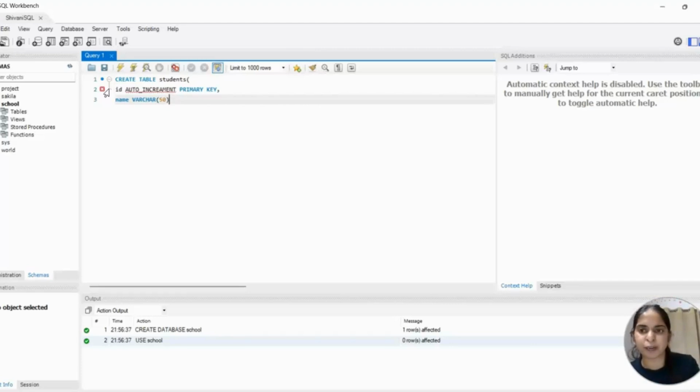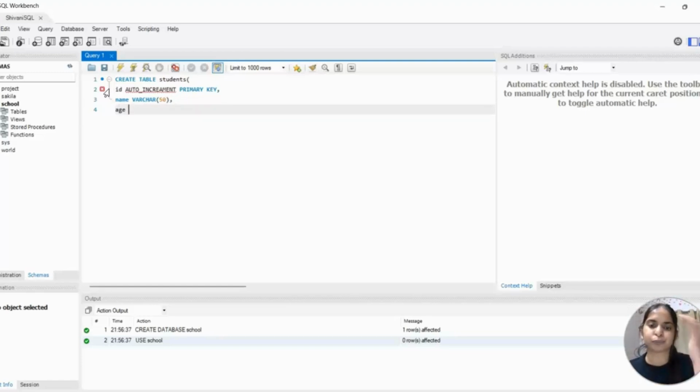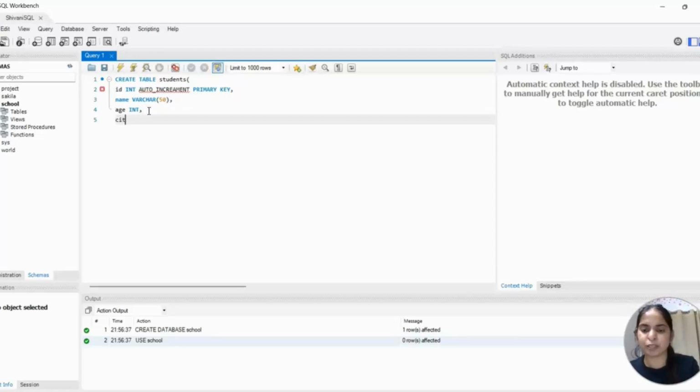Okay, and then we will write again comma. On the next line, fourth line, we will write age. Okay. Oh, one more thing, I'm so sorry. After ID we also have to write int, that means integer. Integer means that our value is in integer form, a numerical value. Age also we will give int, that means we want it in integer. And on the next line it will be city. The fourth column will be city, and again for city we will write VARCHAR with limit 50.